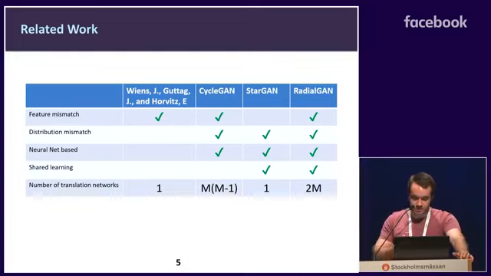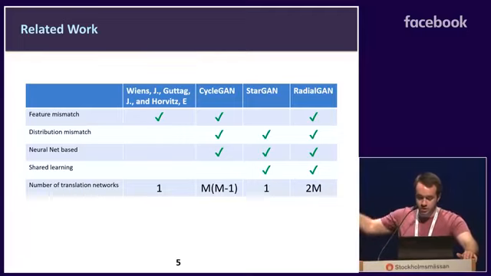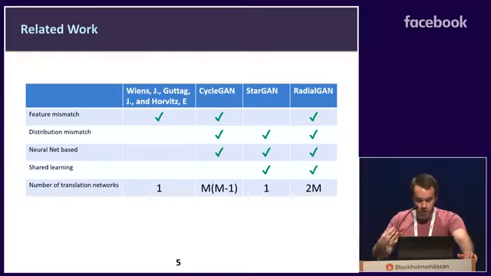CycleGAN is somewhat most architecturally similar to our work. However, they don't introduce a latent space. What the CycleGAN architecture would do is learn pairwise mappings between any two hospitals. It deals with feature mismatch. It deals with distribution mismatch. What it doesn't do, though, is map through the latent space, and therefore it doesn't share the learning across different translations. So when we pair hospitals 1 and 2, the data from hospitals 1 and 2 is only used to train that network. Whereas in our framework, we pair all hospitals, we group all hospitals together, and the translation that is learned from hospitals 2 to 1 is influenced by data in hospitals 3, 4, and 5.